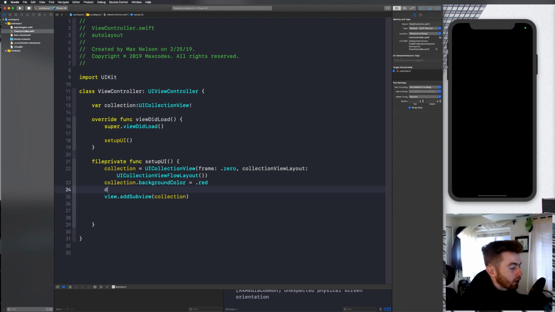Now, before we can add auto layout constraints, we have to say collection.translatesAutoresizingMaskIntoConstraints is equal to false, or it's not going to work, okay? This just basically allows us to use auto layout programmatically. That's all you need to know about that, and just use that every time you want to use auto layout programmatically. All right, so now what we'll do is we'll constrain it to the top half, because you'll see in